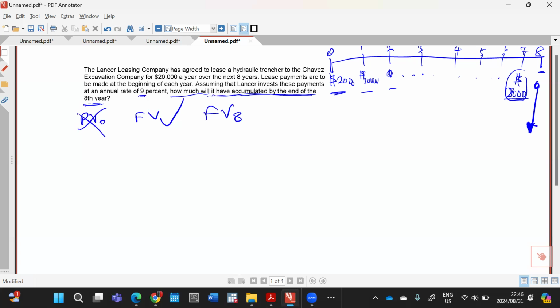Right. So all the payments that are being made, is it just a single payment or is there a series of payments? It is a series of payments. And if it's a series of payments, are these payments equal or unequal? These payments are equal because we are receiving the same amount across the entire period. So what are we going to do? Obviously, this is an annuity. So we are going to calculate the future value of an annuity due,